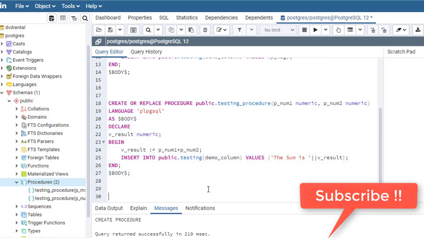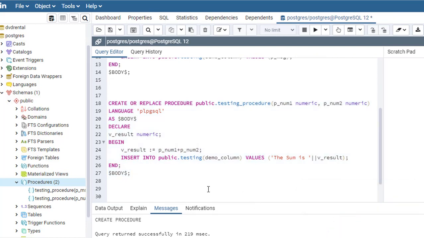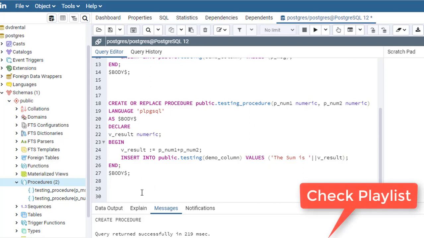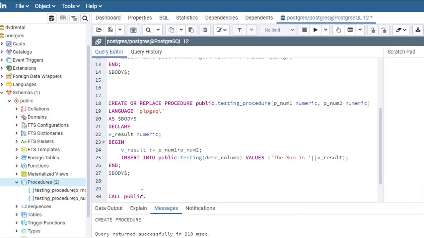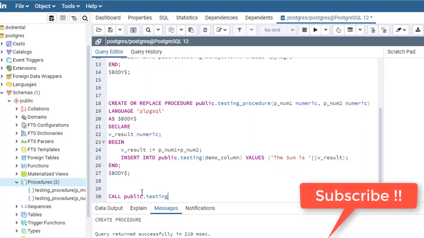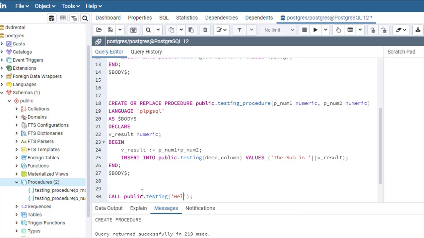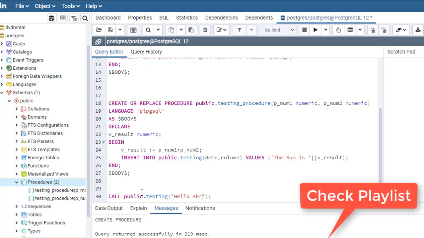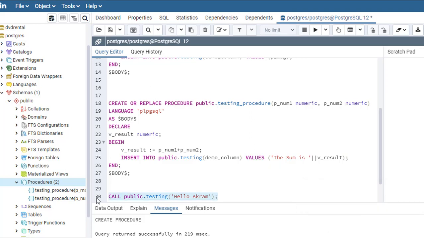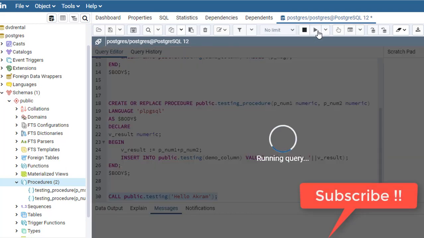Now first I'll call the first one that I had created with one parameter, call public.testing procedure. The parameter was one parameter, 'hello Akram', and this was of text type. So I am creating this, and I'll call it.